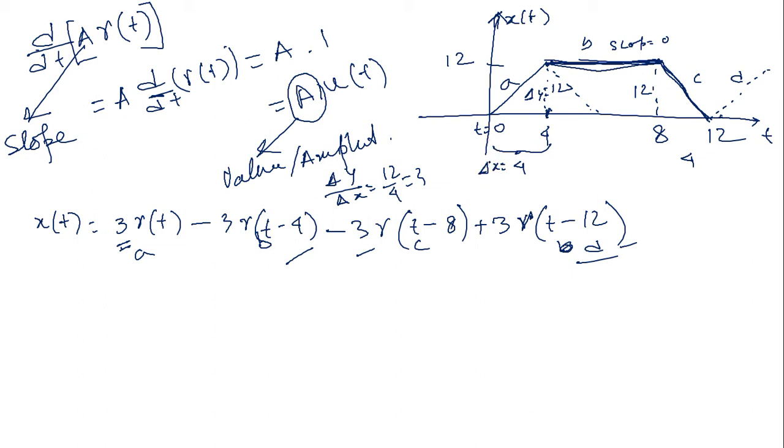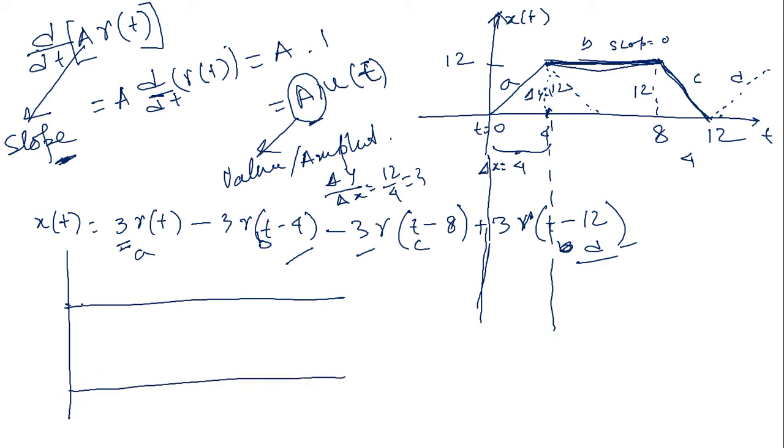If I want to differentiate this signal, I have shown you that whenever I am differentiating any ramp, the slope of this becomes the amplitude of the step signal. The amplitude of the step signal created is the same as the slope. So if I want to differentiate this signal, I need to draw both in a line so that it will be clear to you.